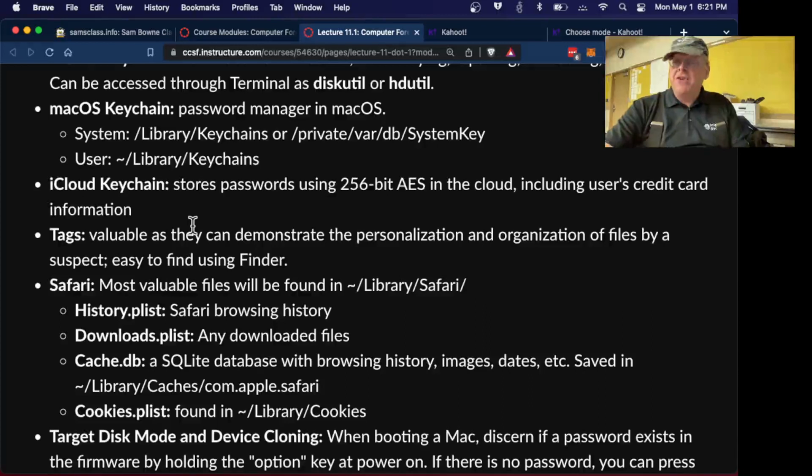Now, of course, that's necessary because the main purpose of iCloud is if you lose your phone, then you can get a new phone and you can download everything from iCloud. Well, that means Apple has to have access to all that stuff. And it has to not be hidden behind a layer of encryption because you have lost your old phone. You can't get the old key. So that means Apple has to have access to everything in iCloud.